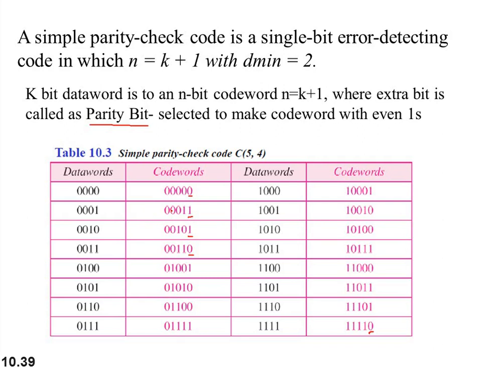If the number of ones in the data word is even, then it is even parity. If it is odd, then it is odd parity. If the parity bit is to be added, you can see here that no ones are there, so the parity bit added is 0. Now if you want to make an even parity, here 1 is there, so you need to add 1. Here 1 is there, so you need to add 1. Here 2 ones are there, so even parity has already occurred, so you add 0.